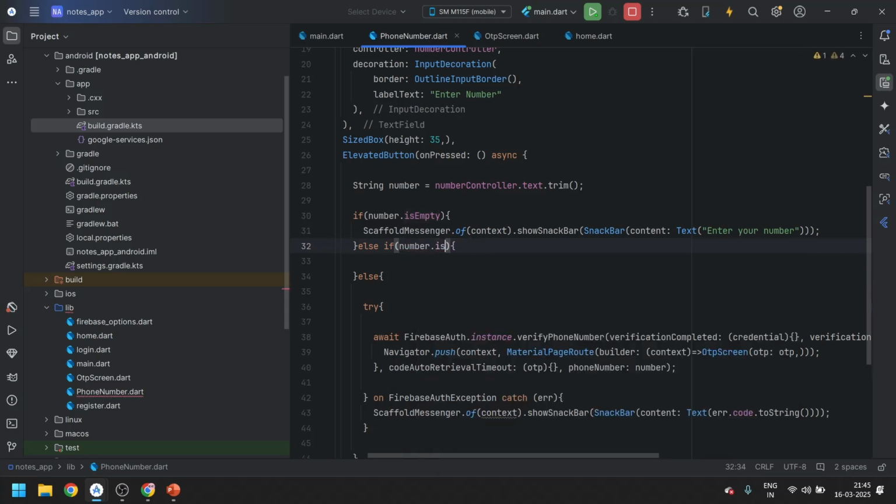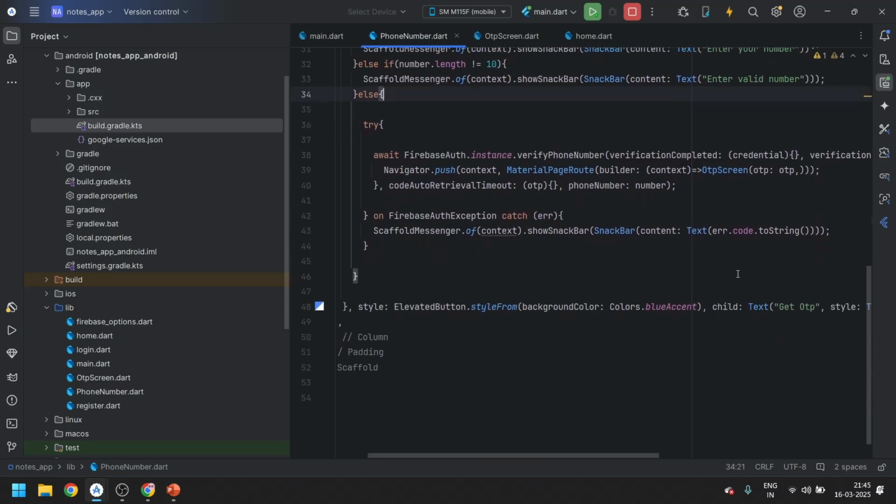So if the number length is not equal to 10, we will just tell them to enter a valid number. Okay, it's done. Now what are we going to do next?